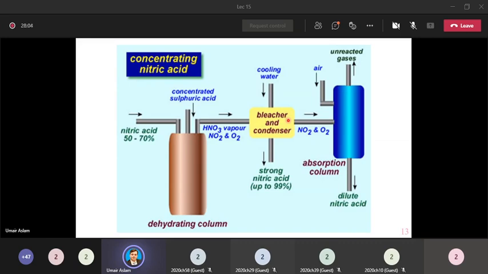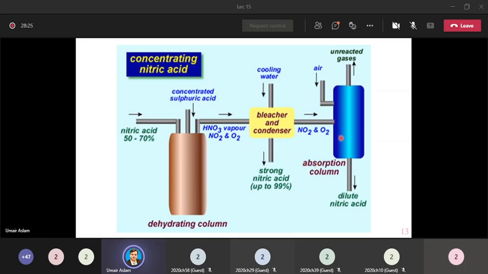At the same time, we will also add water, and water will absorb this vapor of nitric acid, and as a result we will have 99% concentrated strong nitric acid, while the decomposed gases which we get from the decomposition of water, they are sent